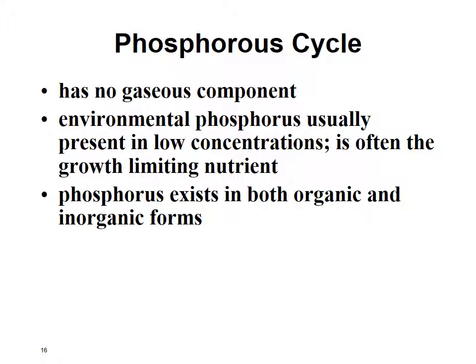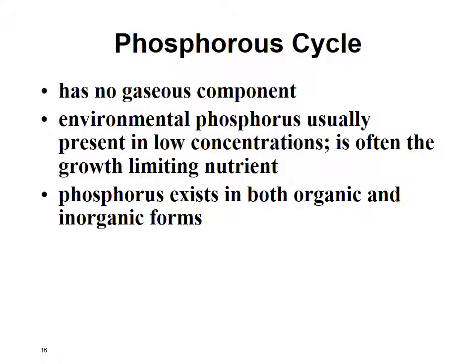complexes very readily with cations in the environment, cations such as iron, aluminium and calcium. And these compounds are quite insoluble. So their solubility in soil solution is pH dependent, so that the phosphate is mostly available to plants and microbes between pH 6 and 7. And under these conditions, these microorganisms can rapidly convert phosphate to its organic form, so it becomes available to other